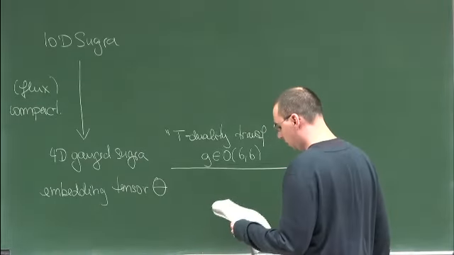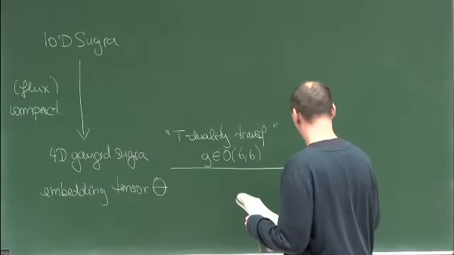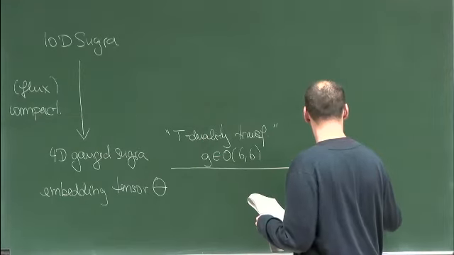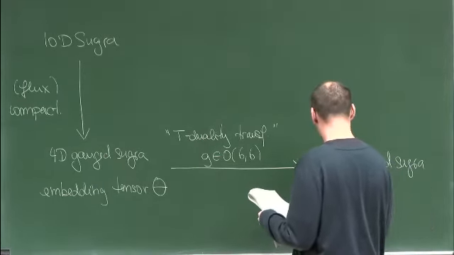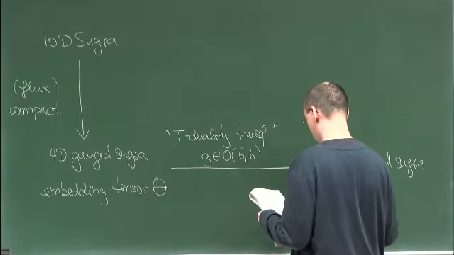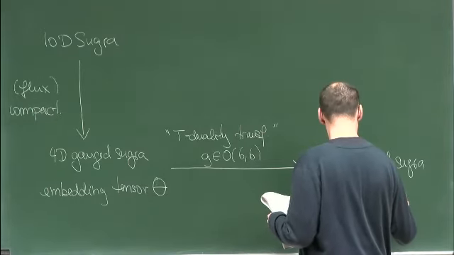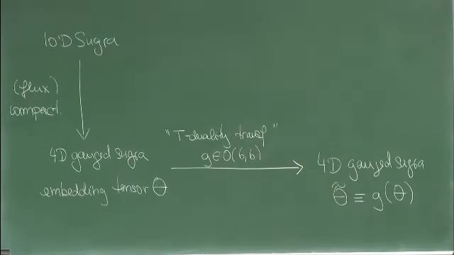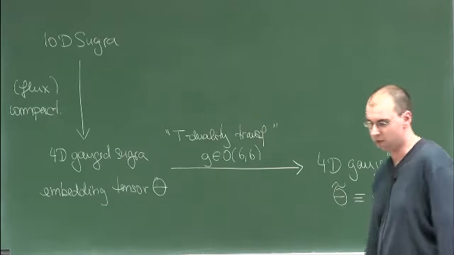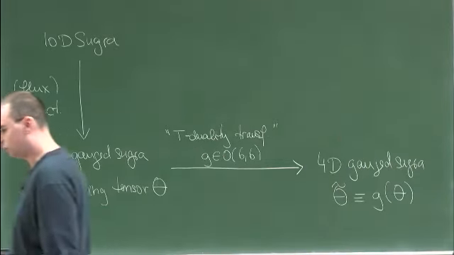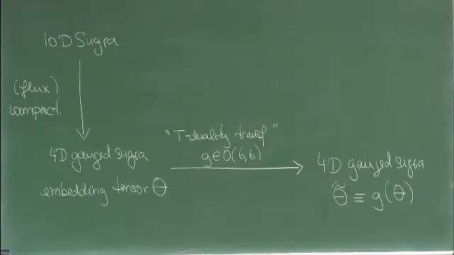So you can apply it, and you get a different or a new 4-dimensional gauged supergravity given by this new transformed embedding tensor. Let's call it theta tilde, which is just the action of this group element on this covariant tensor. Because everything is done in a covariant way, this is not really a totally new theory, because you can redo a field redefinition taking the form of this T-duality rotation to undo it. But in any case,